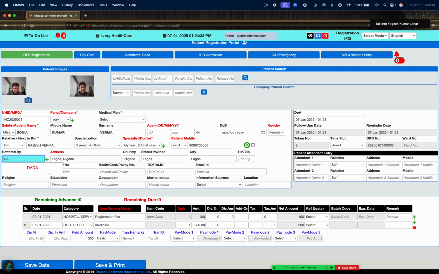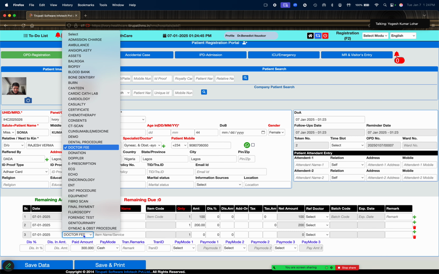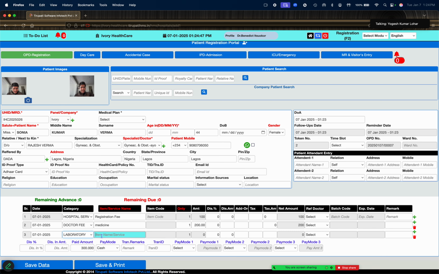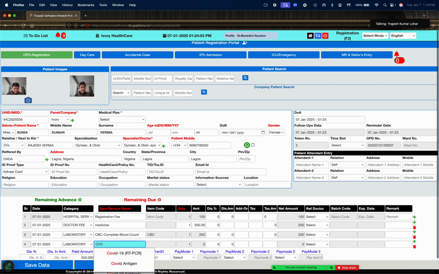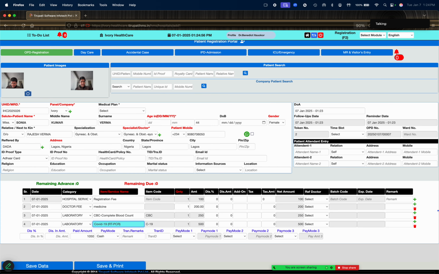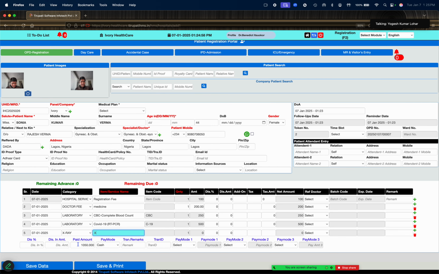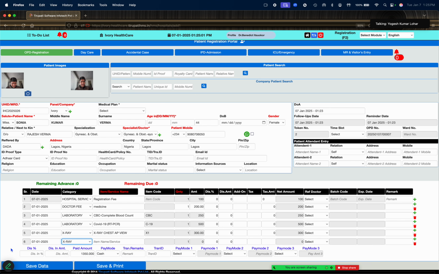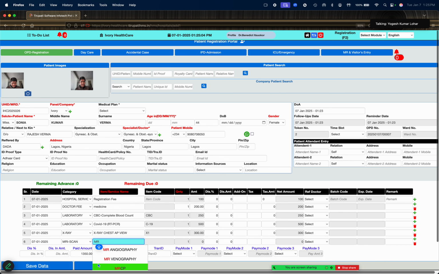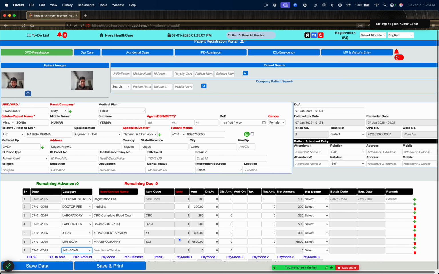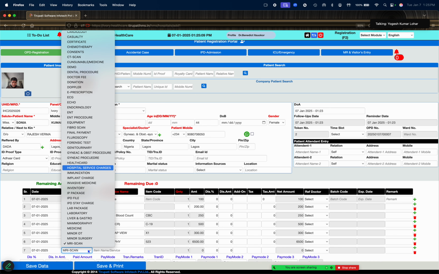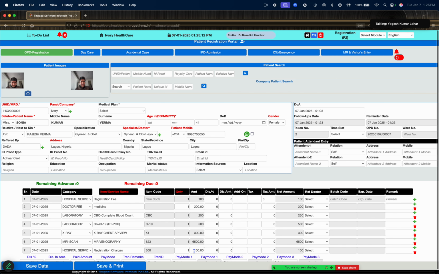Here we will select the user account, referral account, this one, right. We have to keep in mind, we have to select the certain referral. Now we do the billing of multiple services that we want, for example laboratory, and test names like CBP and COVID-19. Okay, and we do X-ray also, and MRI services. As you know, we did not make an incentive for the MRI service for this doctor, so this item will not come in the referral incentive slab.